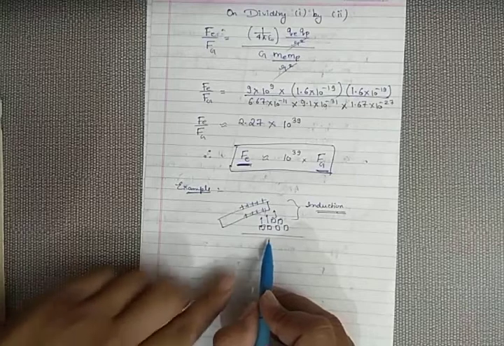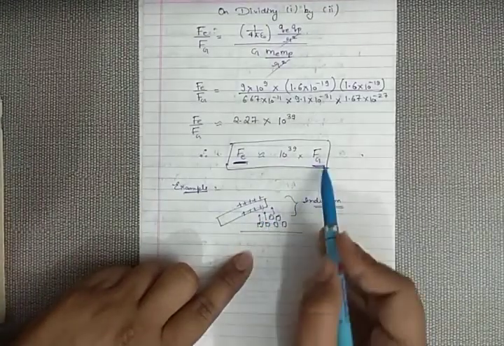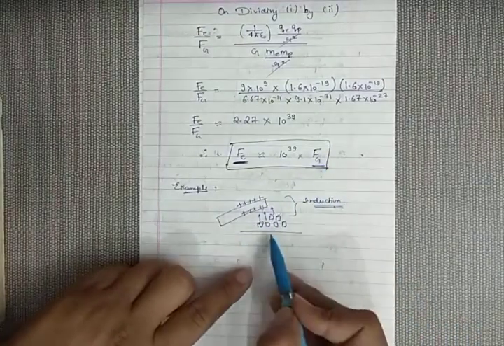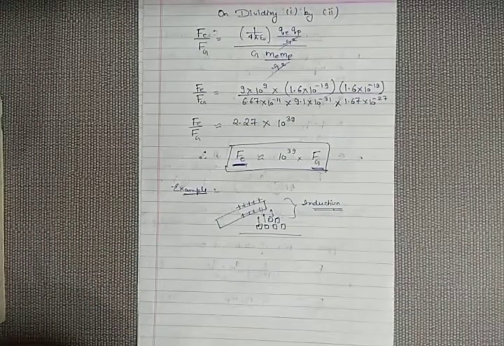So this time we can see that electrostatic force is stronger than gravitational force. Electrostatic force overcomes the gravitational force and attracts the pieces of paper. So this is a very simple example by which we can see how electrostatic force is stronger than gravitational force. So for today's lecture, I am going to end.